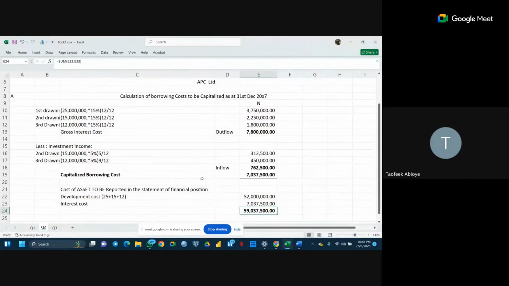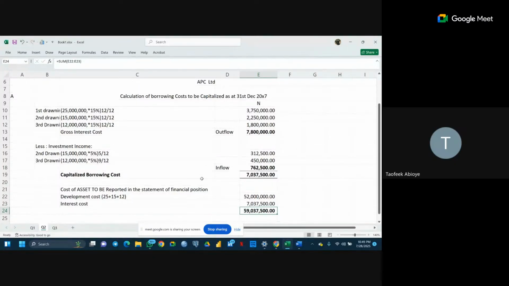A pool of fund is a situation whereby I borrow from you, I borrow from Mr. Dauda, I borrow from Mr. This, I borrow from Mr. That. I borrow from different sources and use it to finance a single project. Now, if the borrowing is from a specific source, you are not going to prorate the month. And this is the reason why I will start an example now.